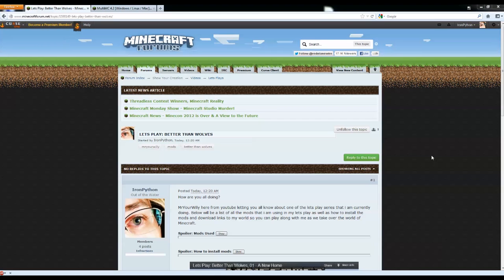I'm going to show you guys how to download the mods that I'm using for my Better Than Wolves series so that you guys can play on my world save files without having anything seriously horrible happen to them, like maybe parts are on the wrong config settings, so everything blows up and it's just horrible because now you have a crater in the middle of your lawn and you're like, oh no! And that's just no fun. So go ahead and follow these steps if you guys wish to play on my world and see what I've